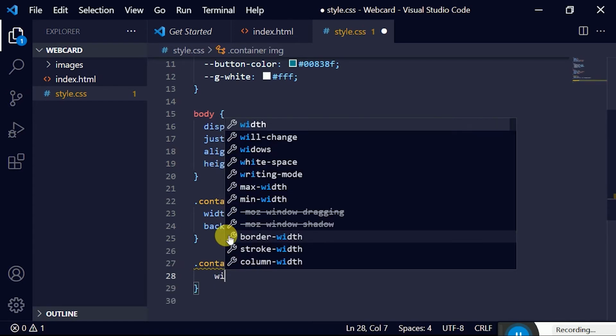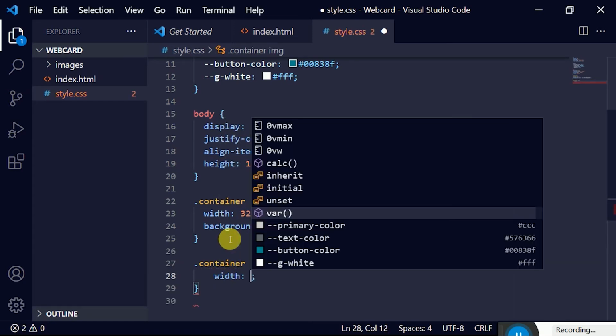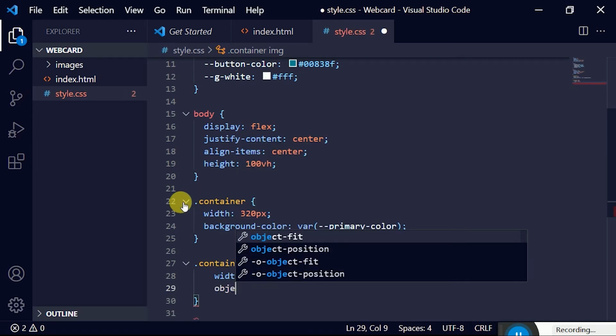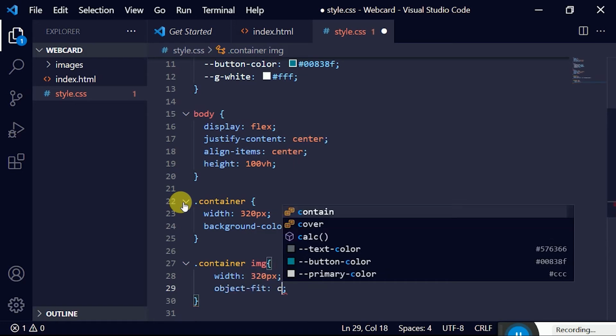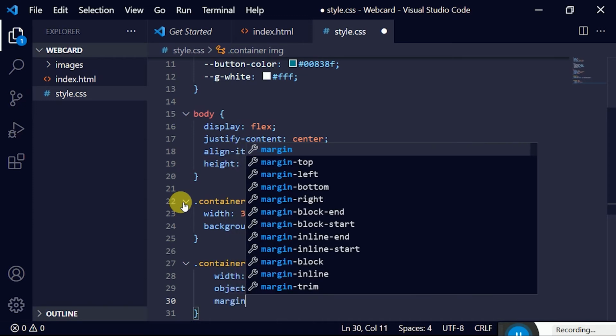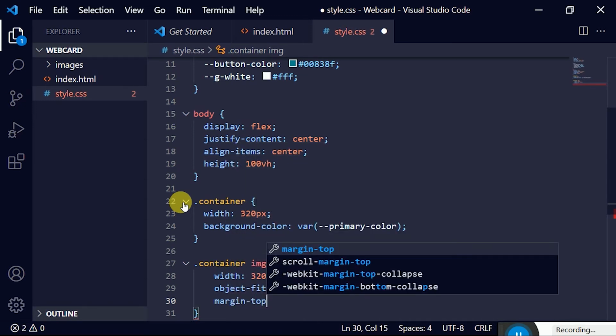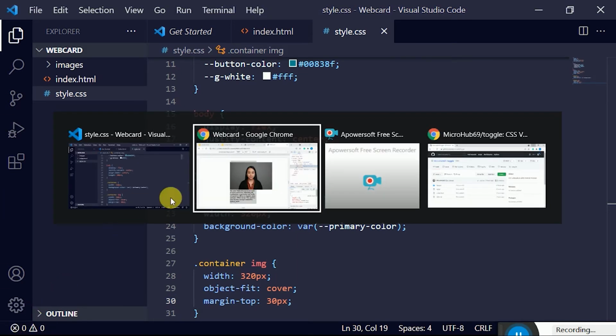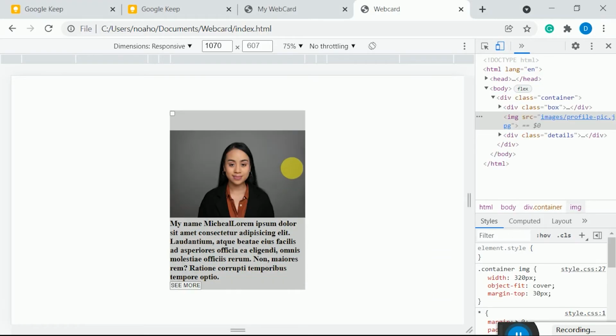So the container image should take the same width as the container. I'm just going to add this code of object fit cover, so it's going to take the space. I'm going to add a margin from the top of the image by 30 px, and I'll save that. So if I go back to my browser here and load this page,